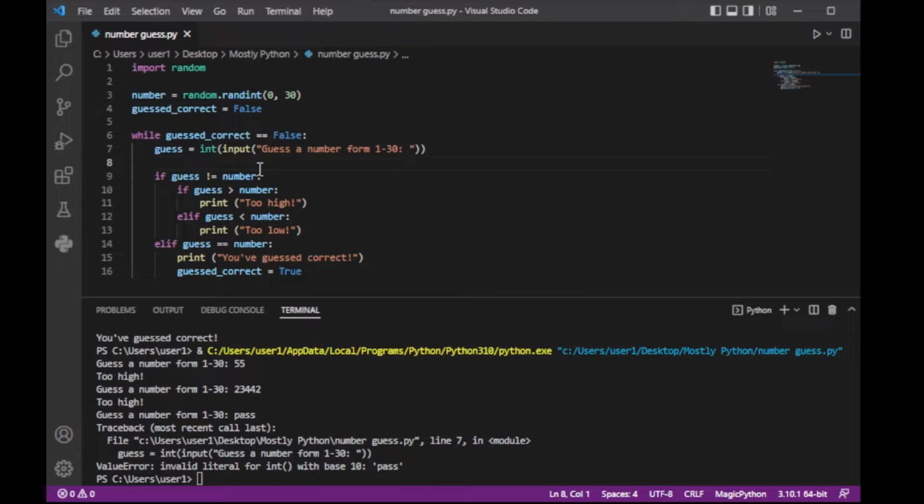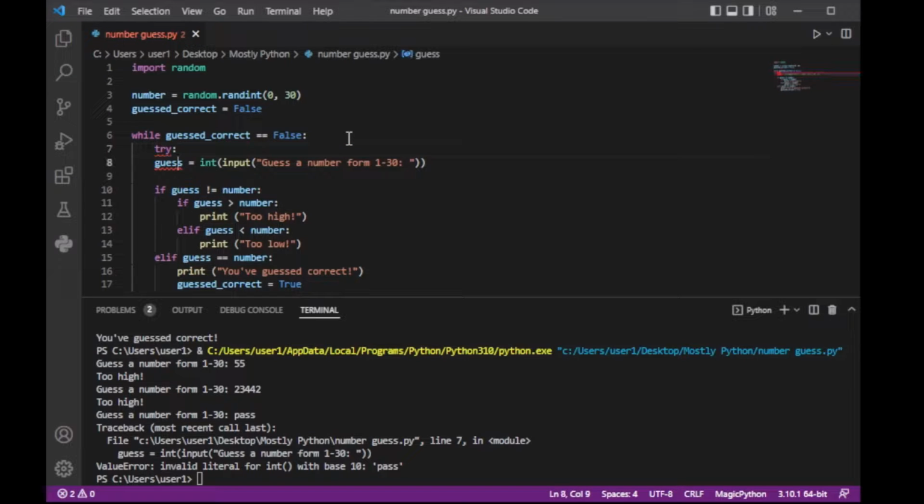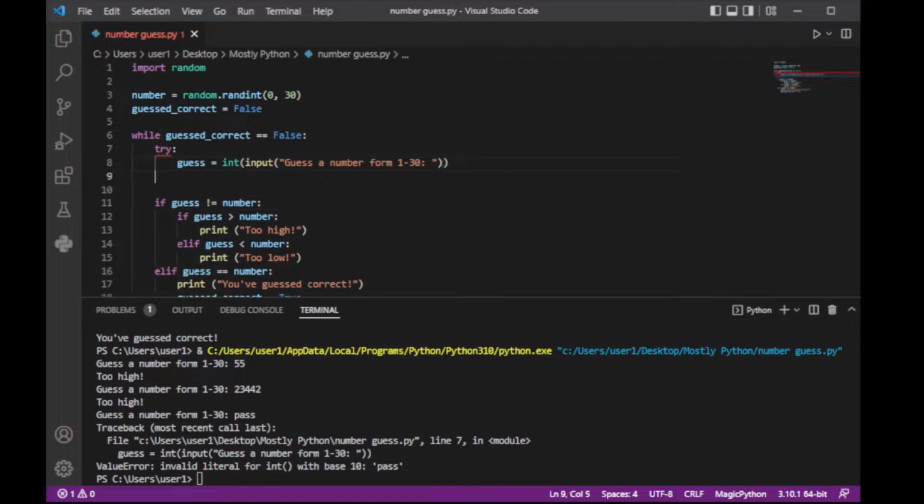So when it asks us for input and we type in letters instead of a number, we get a value error, because Python can't save letters to an integer, it can only save numbers. So what we're going to do over here to deal with that potential error, we're going to say try colon, and we're going to go over here and indent guess. We're going to say guess equals integer input, and we're going to say